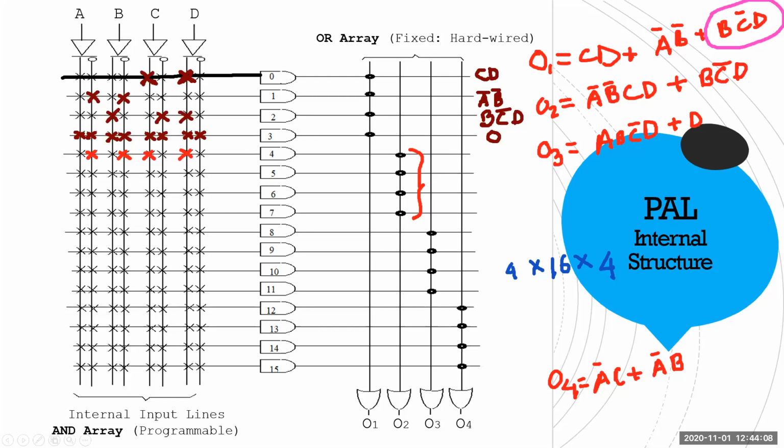Previously, in case of PLA, PLA, we could have taken common. We could have just made a connection there. Right now we cannot do that. Understood? Okay, now again we have to make it B, C bar, D. What is B? Here is B, C bar, D. So I'm going to write it.